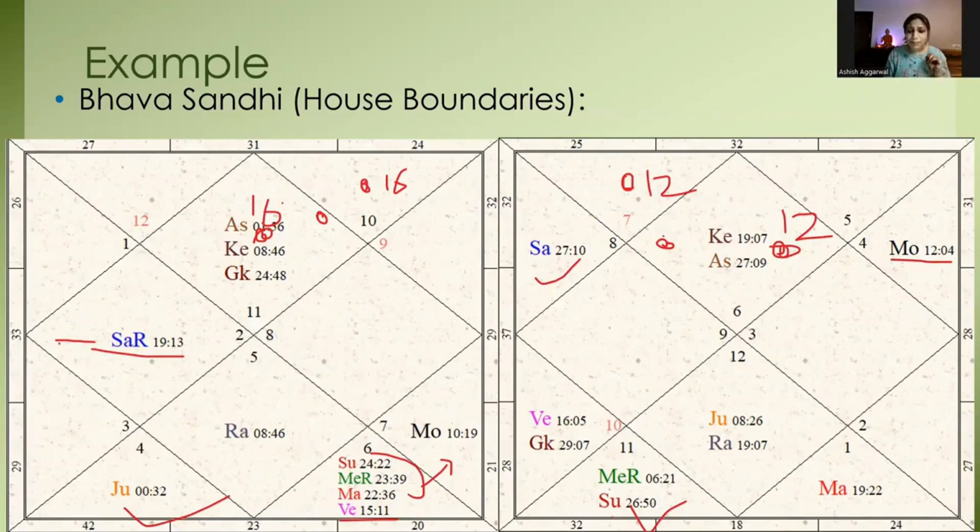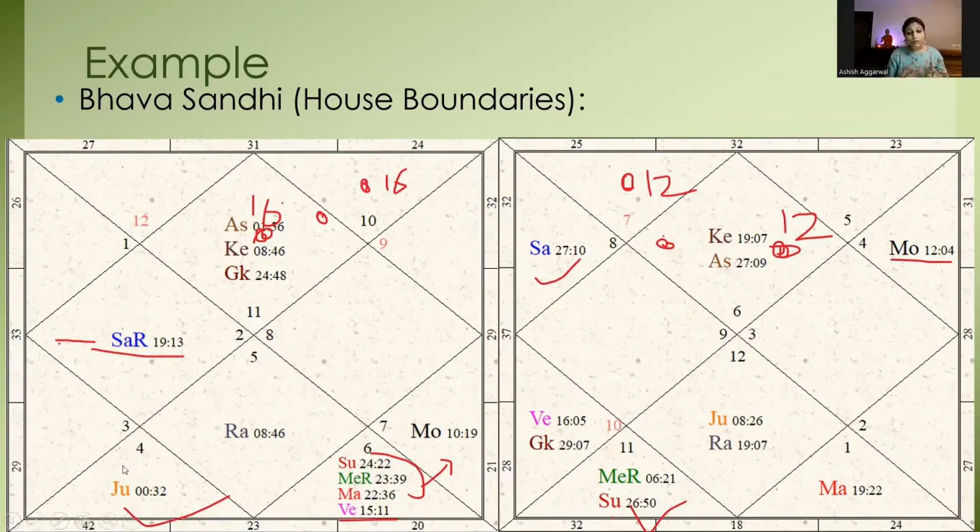Sadness in the fourth house requires verifying. Saturn's impact is minimal. Saturn at 19 degrees affects the fifth house. The ascendant is at 1 degree 56 minutes, with Jupiter impacting the sixth. Now, since Saturn is at 19 degrees, most of its impact will be directed towards the fifth house due to equal house distribution. This is because we are talking about the ascendant degree, 1 degree 56 minutes, and Jupiter is